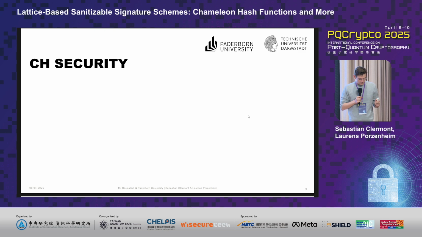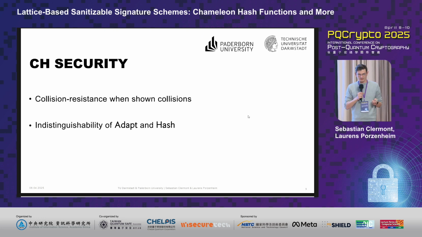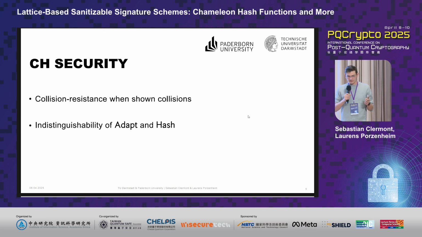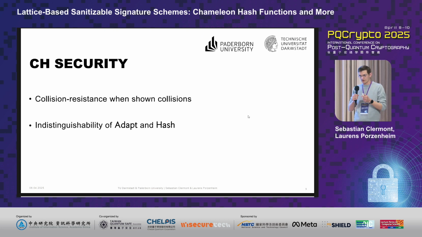For this to work, we need some security properties of the Chameleon hash function. First of all, and this is the tricky part, we want a collision resistance when collisions are known. So during sanitizing, the sanitizer gets some collisions on the Chameleon hash function, which are then published as part of the sanitized signature. And we want the Chameleon hash function to be still secure if one set of collisions is known, or in fact any pair of collisions, as you can do as many sanitations as you want in this primitive. And then additionally, you want the indistinguishability of the output of the adapt function and the hash function,